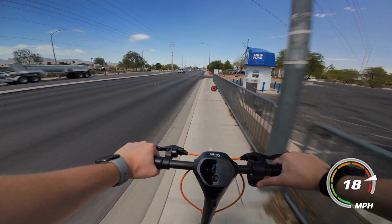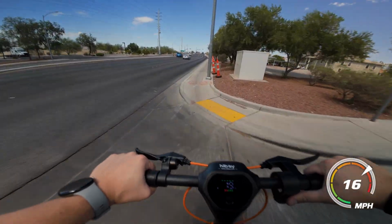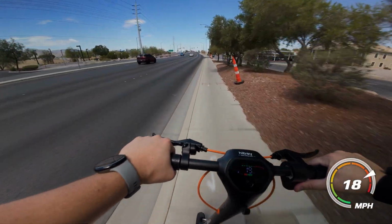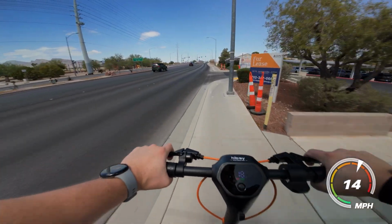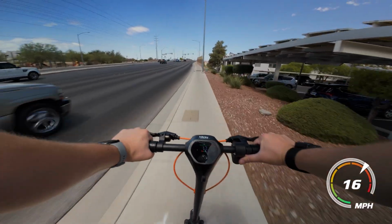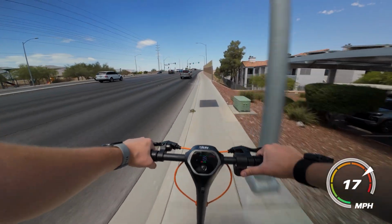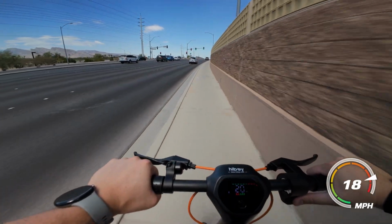I mean, it says the battery's still basically full. We'll have to see how far we've done as we get closer back to where we started. I'll check the range and kind of see. I can't get an exact battery number, but it doesn't look like it's lost a single bar,